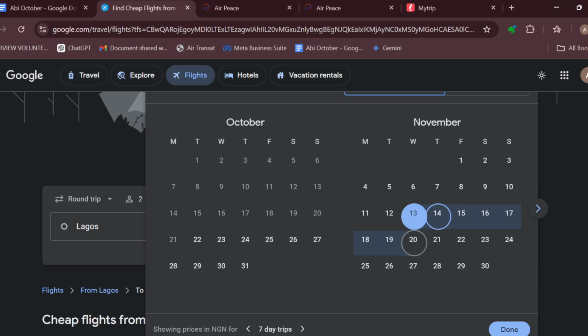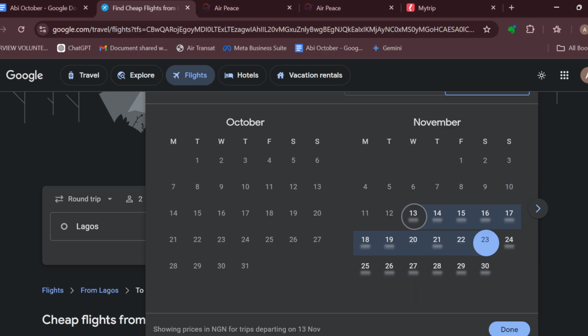Also, in order to find flexible dates, move to the bottom part of the calendar where you would see showing prices in Nigeria for so many days. So we have 7 days, we have 8 days, we have 9 days. Ensure you select the one that works better for you, and then just go ahead and select your trip,